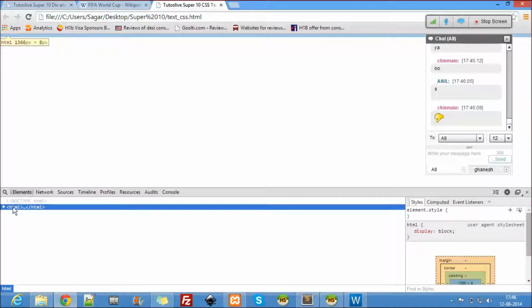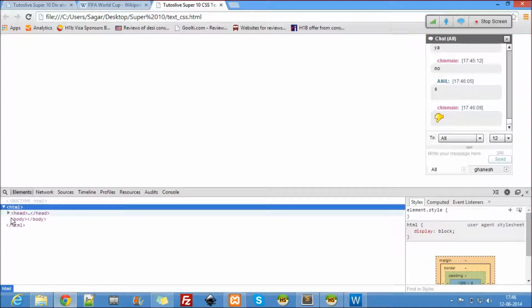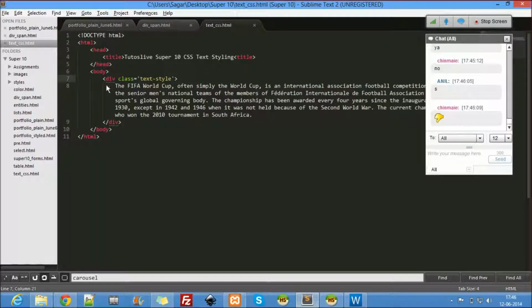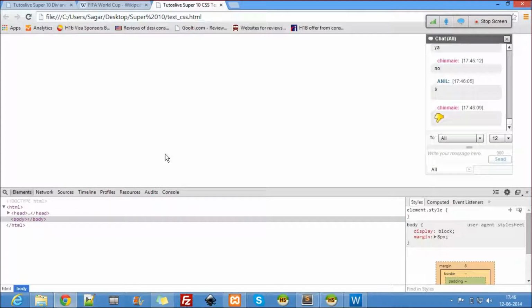Let me just check it. Oh, we did not close body there. The body is here, the div is here, HTML is here, doctype is good. Are we making any mistake there? Yes, we're making a mistake. Nobody spotted it.